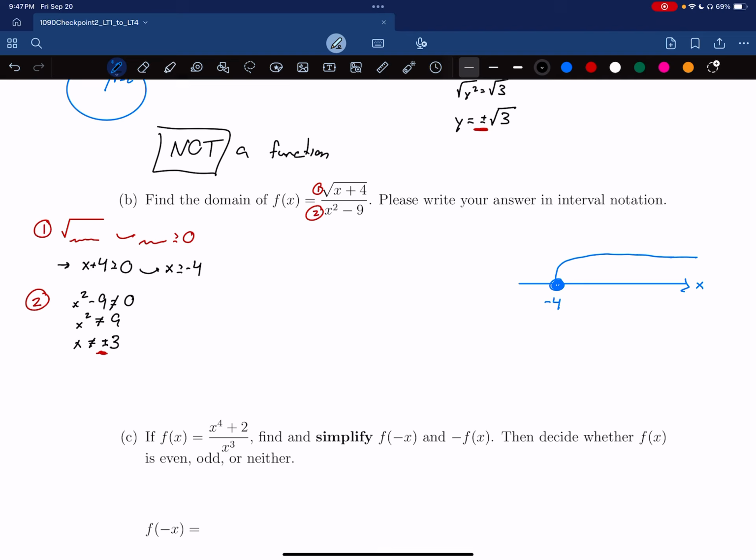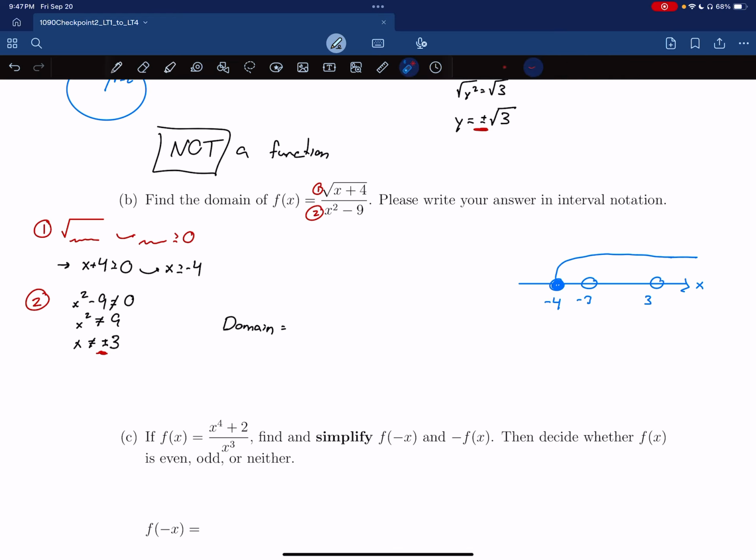And then going over to our line chart, we have a point at negative 3 and a point at 3. And these are open circles here because our domain cannot exist at negative 3 and 3. Alrighty, now that we have all these points, it's time to write our domain out in interval notation, because that's very important. So, starting from left to right,